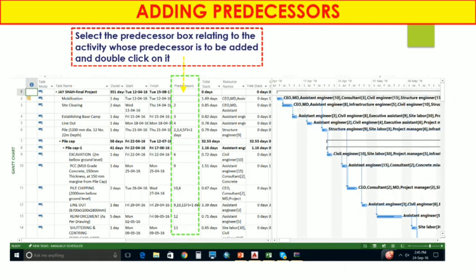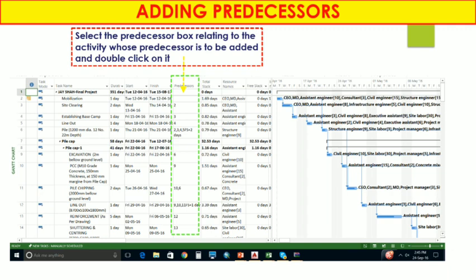Now let's start with adding predecessors. What are predecessor activities? Whatever project you have, whatever kind of project you are handling, there are lots of activities that are interconnected with each other. For example, if there are construction activities, there is labor mobilization and site cleaning. So before site cleaning, we have to mobilize our labor and material at the site location. So for that we have to add the predecessor activities in each and every predecessor column.